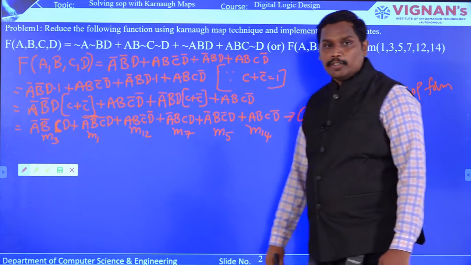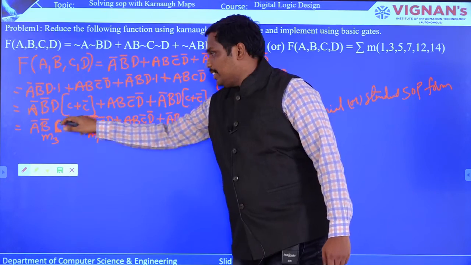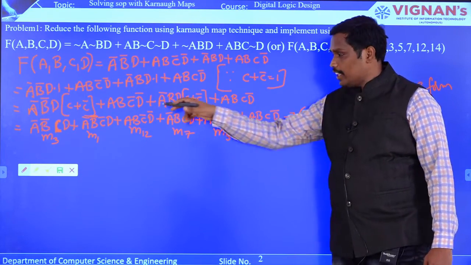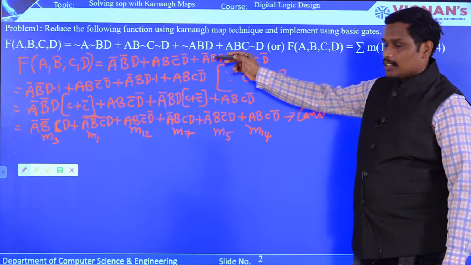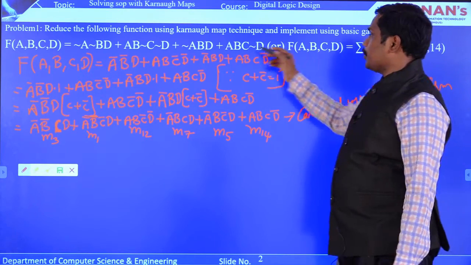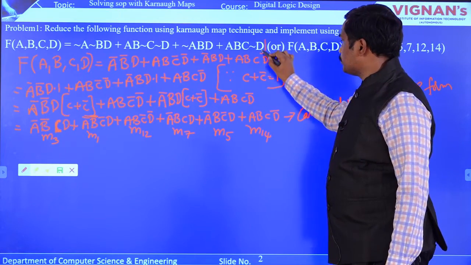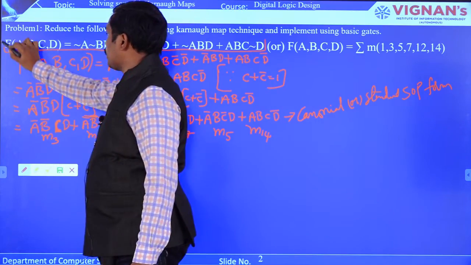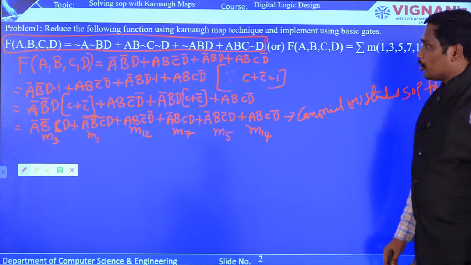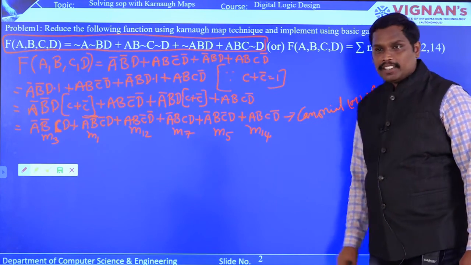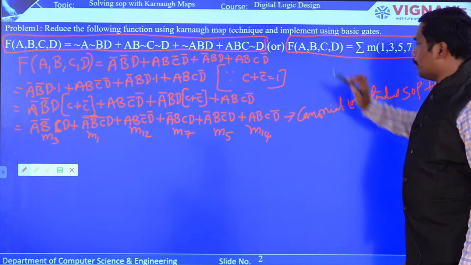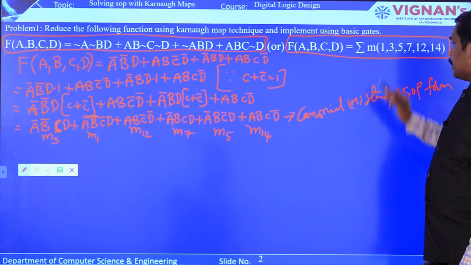Okay. So, in this expression you can see A, B, C, D in every term. So, all the Boolean variables are there in all the min terms. That is the reason why we have converted this expression into a canonical or standard SOP form. So, this particular question, you can see, was an expression which is not in canonical or standard SOP form, and now we have converted that into canonical or standard SOP form. So, the question can be asked by giving a Boolean expression, as well as the question can be given in such a way that the min terms of the expression are given to you.